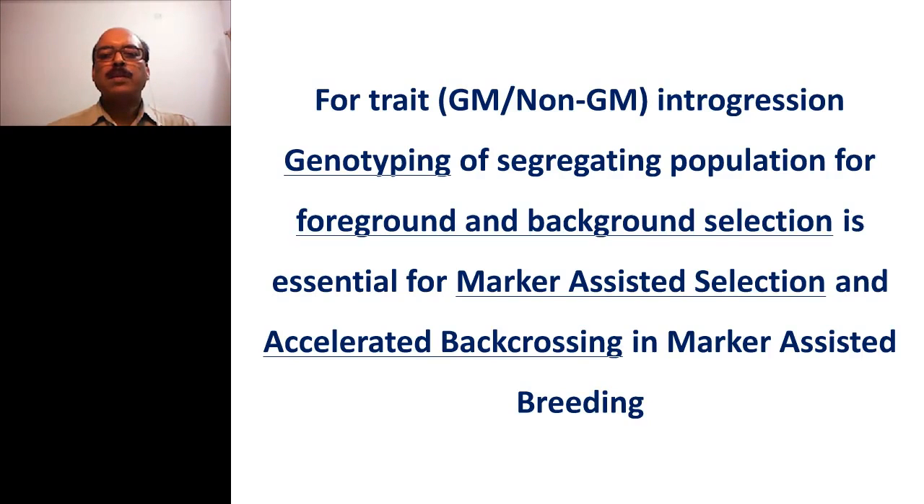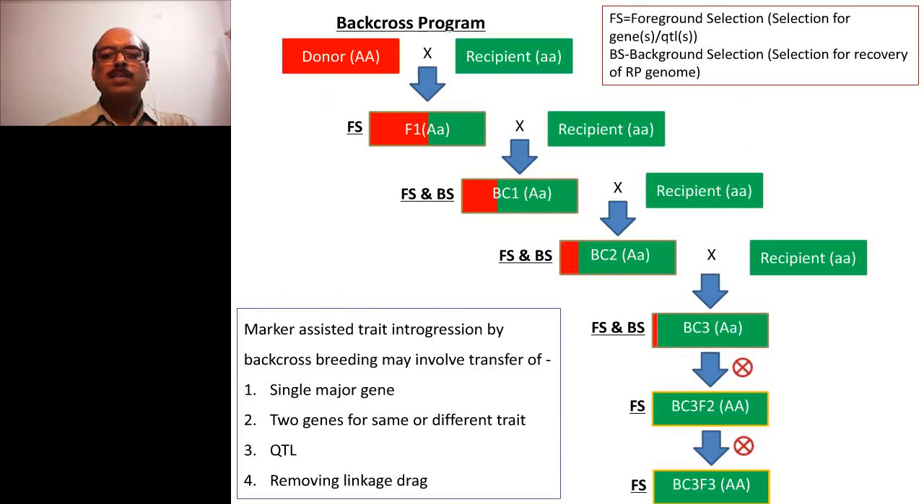And this is done in many different ways, starting from using SSR markers, and before that it was RFLPs and so on. In this slide, this is a typical backcross program for trait introgression, which is used in the majority of trait introgression programs, whether in the seed industry or in public sector institutes, where a gene, here in this particular case,